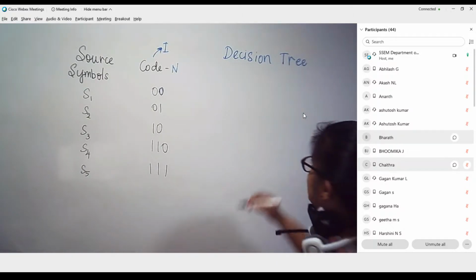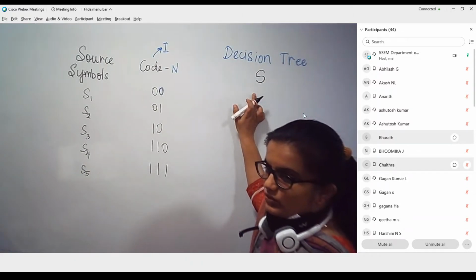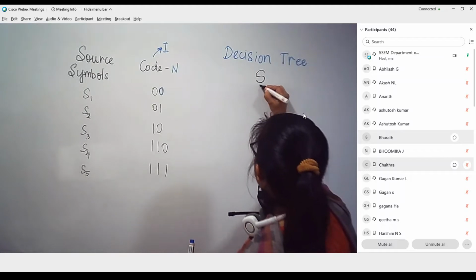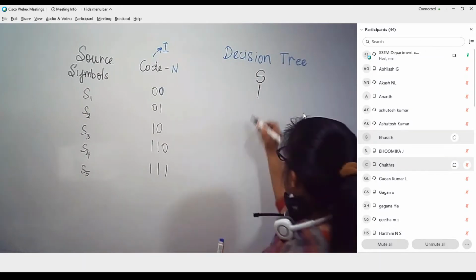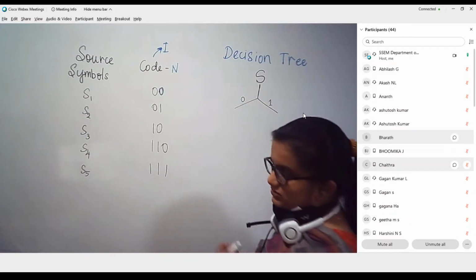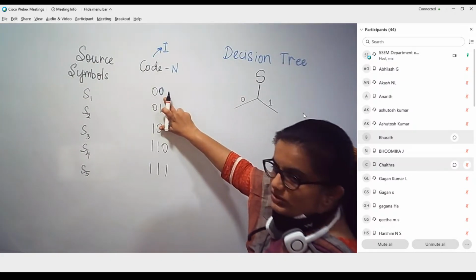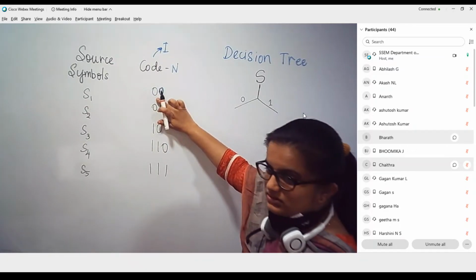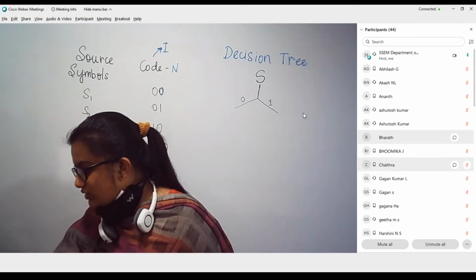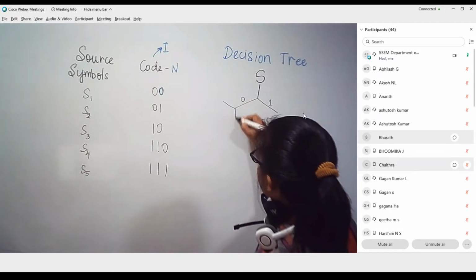How to write the decision tree is, we need to start off with an initial state, called the root. This is my initial state where the source is capable of producing two code alphabets, that is a 1 or a 0. So from the source, I can split into two paths, one with a 0, the other with a 1. I am not having any code word here. So the first bit is 1, first bit is 0. Okay, so the next bit is also 0. So what I am going to do is split again at 0 as 0 and 1.